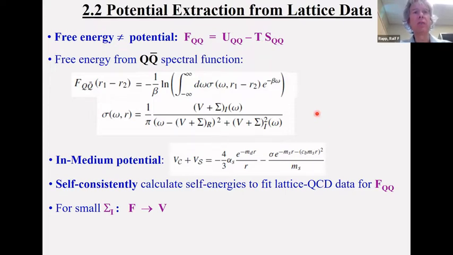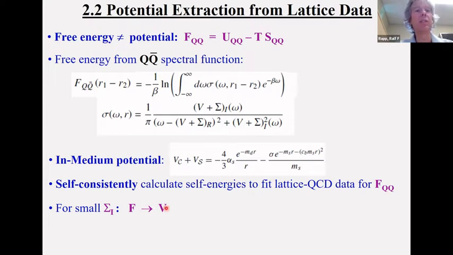Now, first remark is we can still, starting from our vacuum baseline, write down an in-medium screened potential, and then really these screening masses, the Debye mass and the screening of the string term, become parameters that you then have to determine at finite temperature. Now that's easier said than done, because once you have a potential, you have to calculate the self energies and you have to solve the self-consistency problem. And that actually turns out to be very important, as I will argue on the next slide.